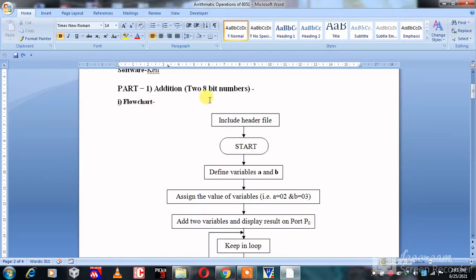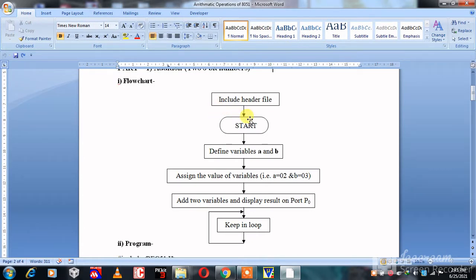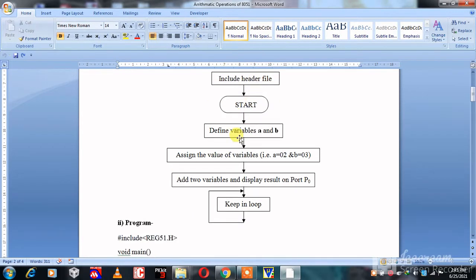The 8-bit addition flowchart is shown on the screen. Now I will explain the flowchart of 8-bit addition. Initially include the header file, then start the program, then define the variable.